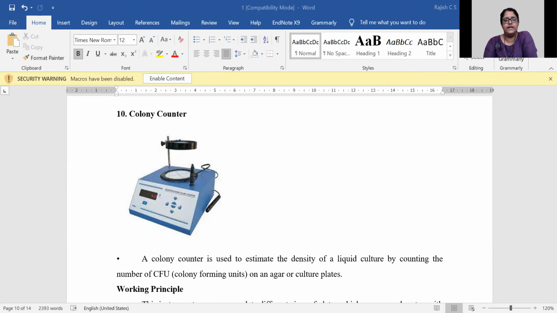But now if we have a liquid medium, then what you will be doing is using an instrument called a spectrophotometer, because there is something called the optical density. Your bacteria are particles, and if you're passing light through the liquid containing the bacterial culture, it will scatter.